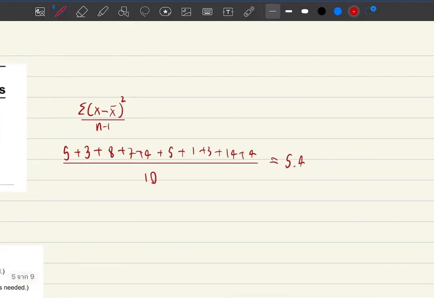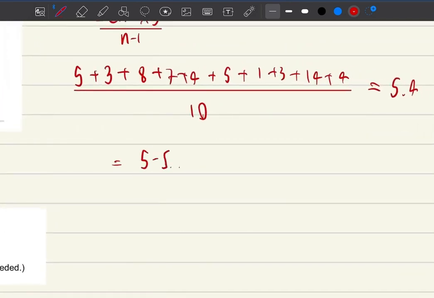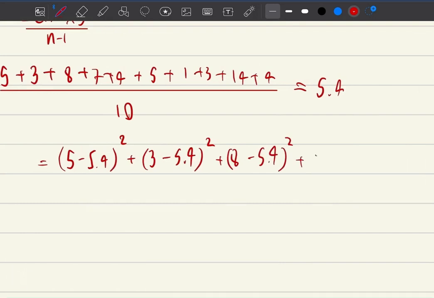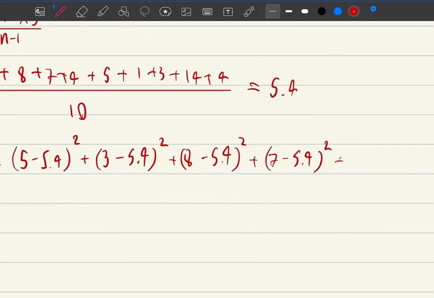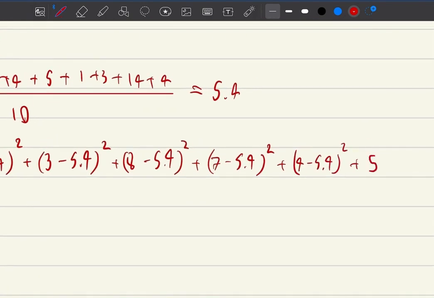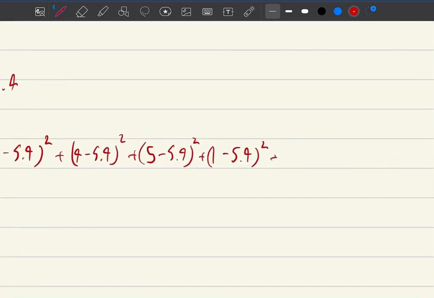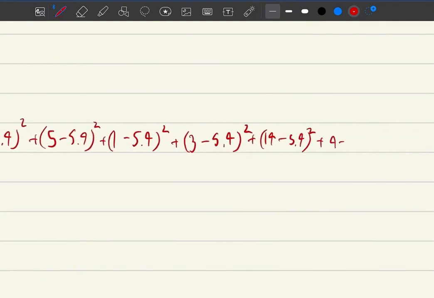So it equals 5 minus 5.4 squared, plus 3 minus 5.4 squared, plus 8 minus 5.4 squared, plus 7 minus 5.4 squared, plus 4 minus 5.4 squared, plus 5 minus 5.4 squared, plus 1 minus 5.4 squared, plus 3 minus 5.4 squared, plus 14 minus 5.4 squared, plus 4 minus 5.4 squared,